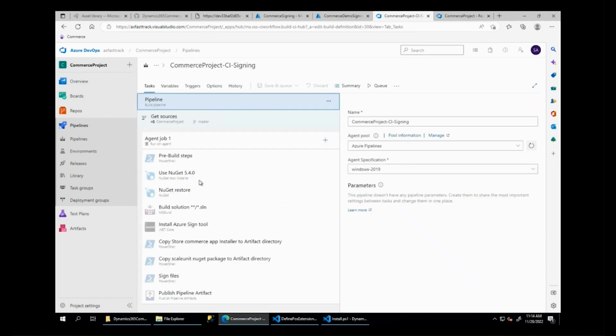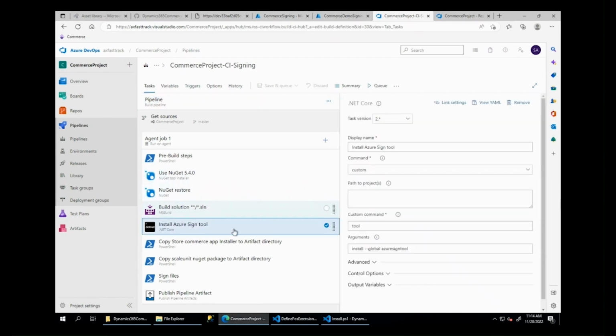So once this is done, we'll go to the tasks. So there are some changes we need to do in the task to support signing the exe file. So the first task that we will need to add here is the .NET Core task, which is to install the Azure Sign tool. And we have to pass the arguments like install global Azure Sign tool and make sure that you set the command as custom and the custom command as tool. After that is done,